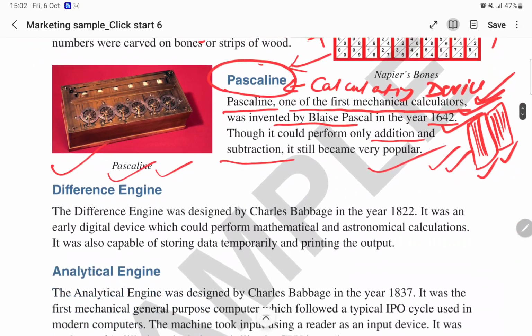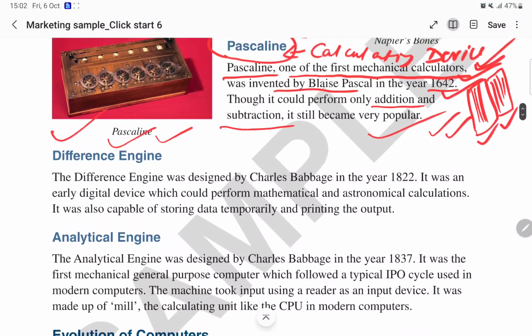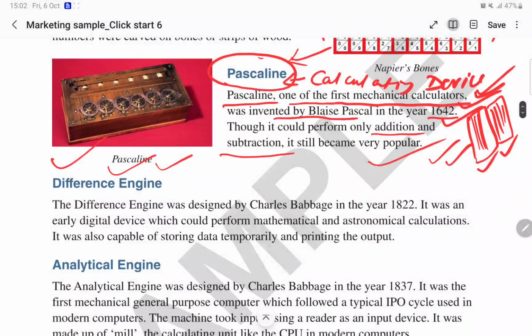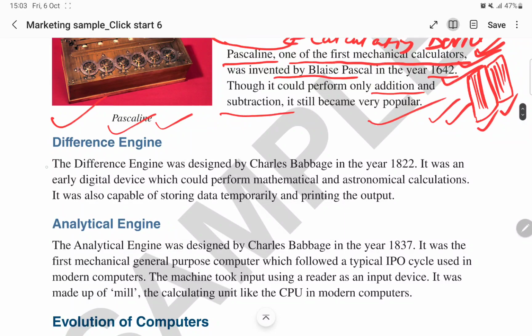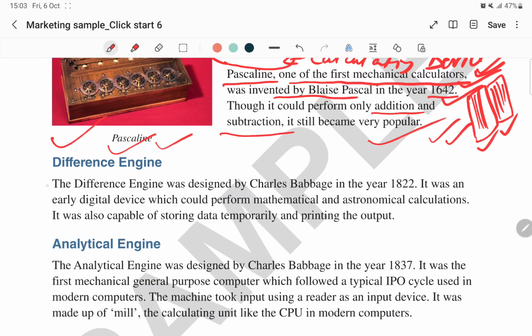Now we will be moving ahead, and this is the Pascaline diagram. And now we would be moving on to the difference engine. Okay, difference engine. This is our difference engine. Here, next topic. The difference engine was designed by Charles Babbage in the year 1822. In 1822, Charles Babbage,